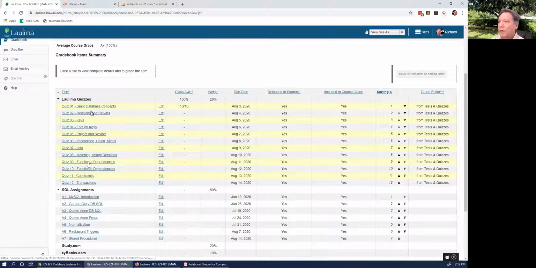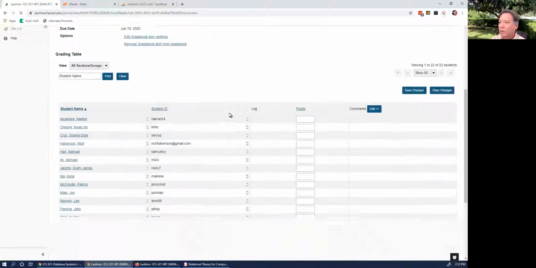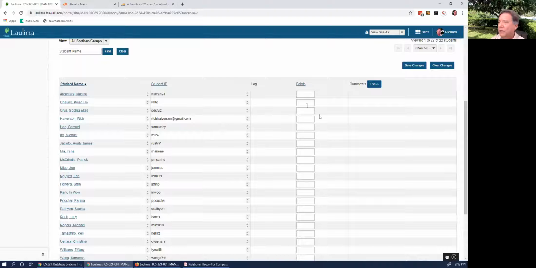The quizzes are here. The weight is 20%, and I'll probably throw out a couple of them, your two worst ones or something like that. And then your assignments go here, and I'm just going to go in and enter the scores for people's assignments as I go to your website. The way I grade this, in case you're interested,